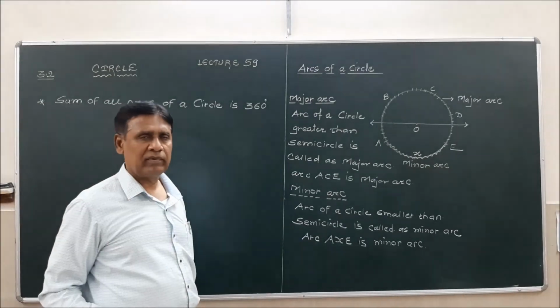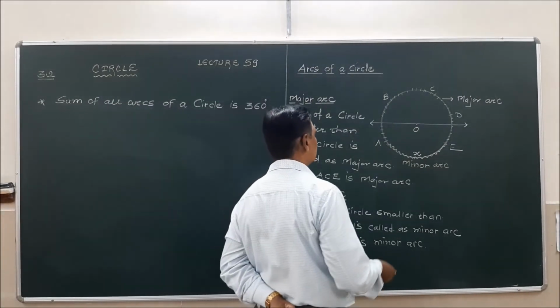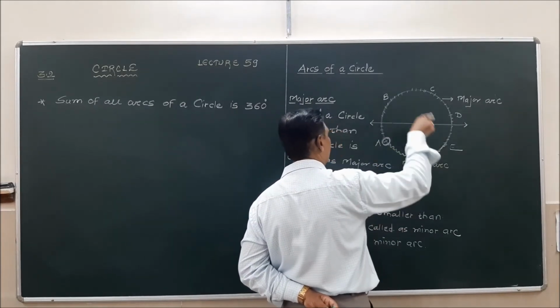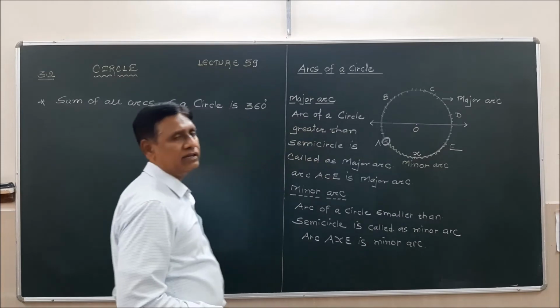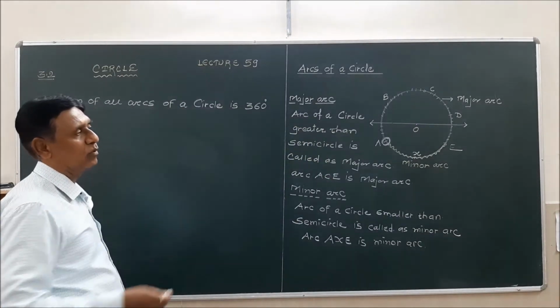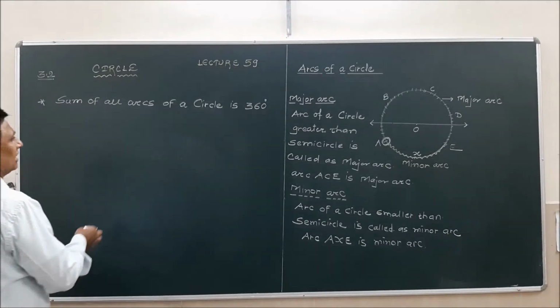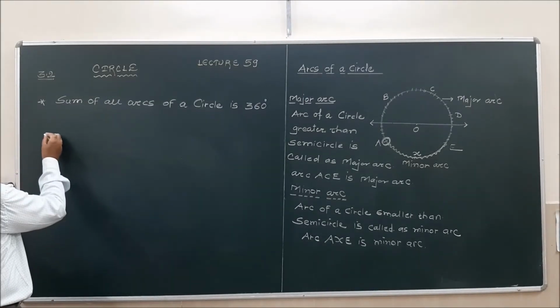Now you can begin from any point. Supposing I begin from point A, and if I go on adding the arcs, and if I reach point A, the sum of all arcs is 360. For example, measure arc AB